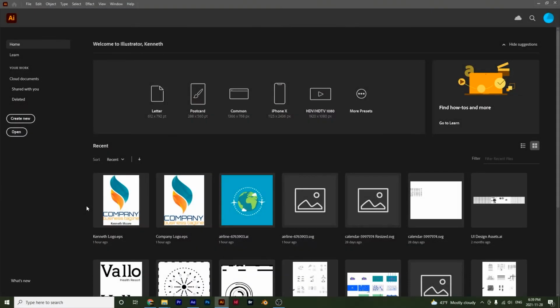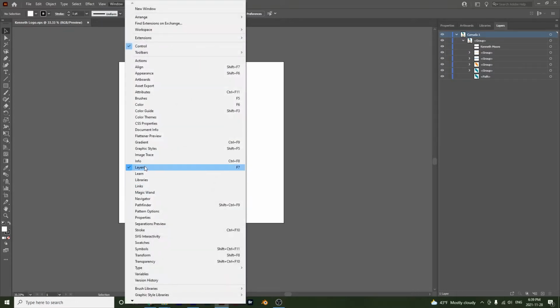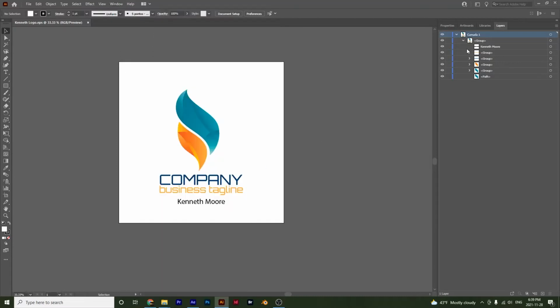So you will see here that I have this logo. I'm going to open this up in Illustrator. And if I go over to my layers right here, and I'm going to open this up. And if you don't see your layers, just make sure you go up to Window and have layer selected or press F7. And if I open up my layers, you see I have my text down here that I've written out,